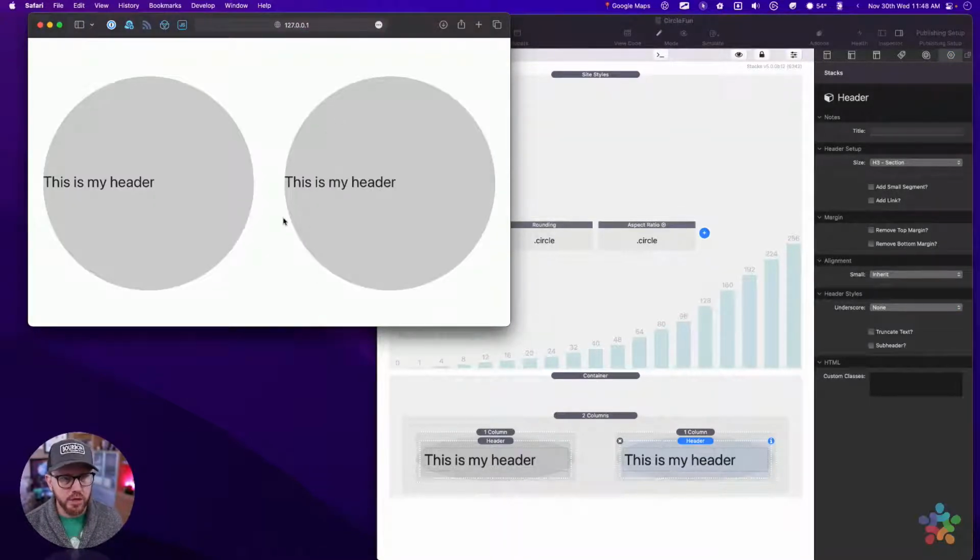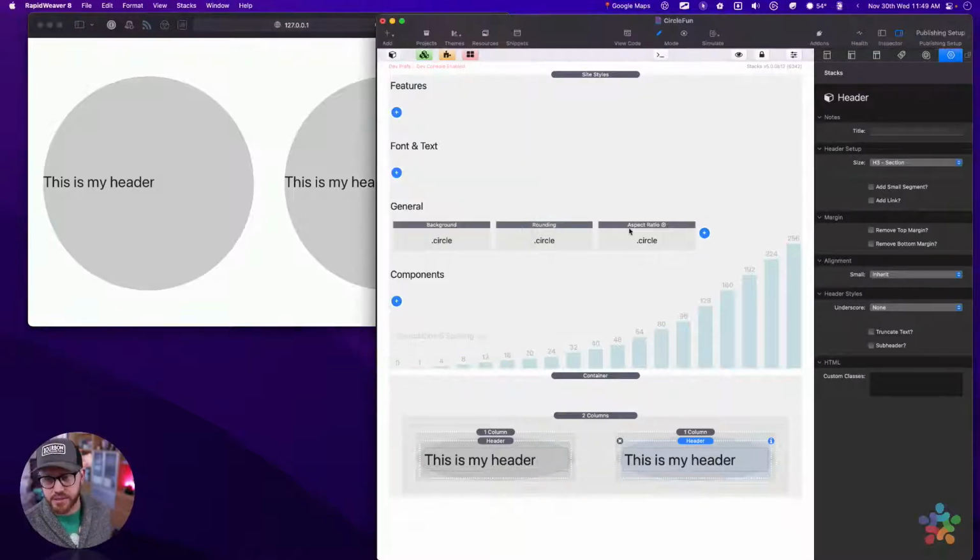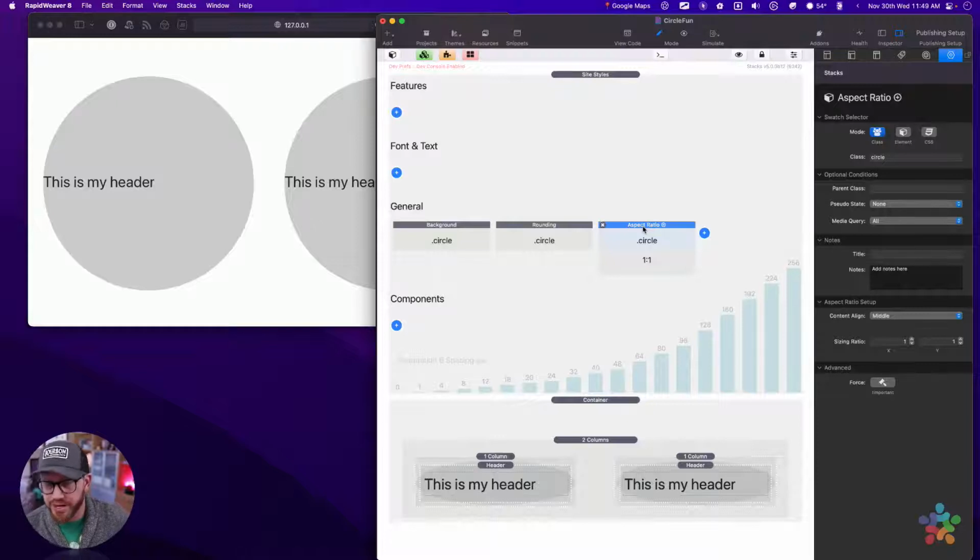All right. So here is my content. And if you look at it, the content is automatically centered for me. That's kind of cool. And if you're curious why that is, actually the aspect ratio swatch is doing that for us, because we have content align middle set on the aspect ratio. If you were using the fixed sized circles like we were doing before, and you're not using aspect ratio,